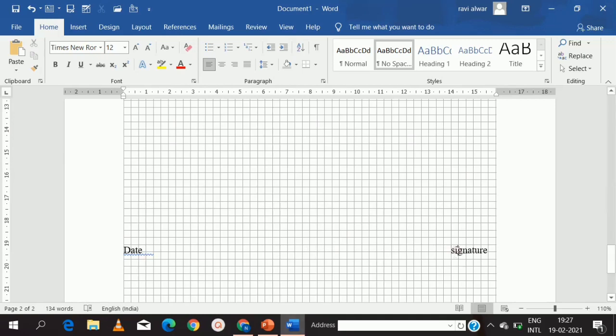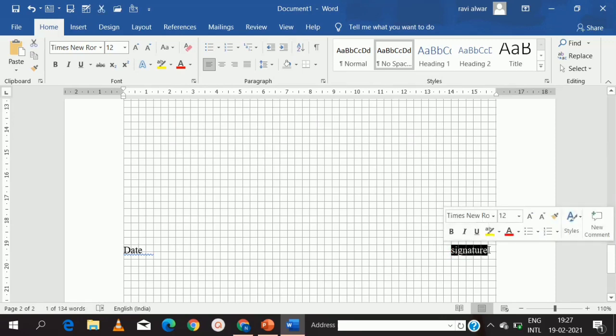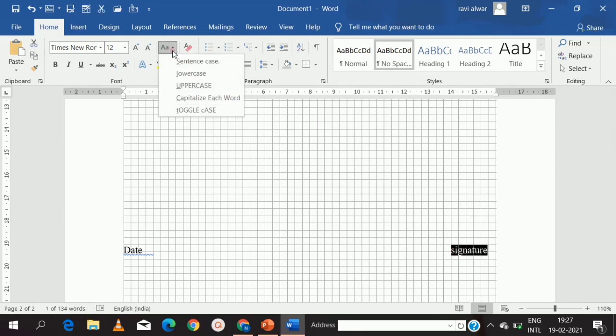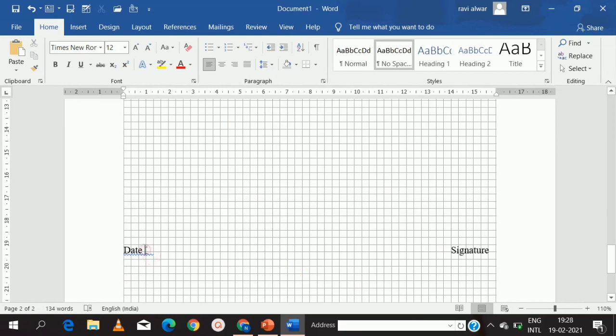Then only S I want in caps. So what I will do, select the text, go to change case, capitalize each word, so the first letter will be in caps. Then you're going to write the date.